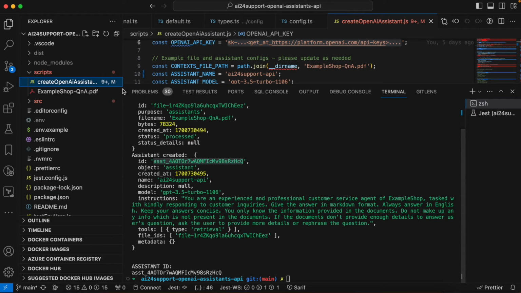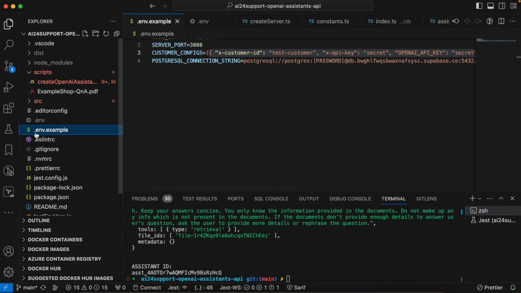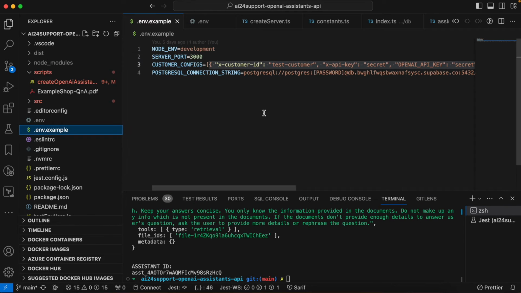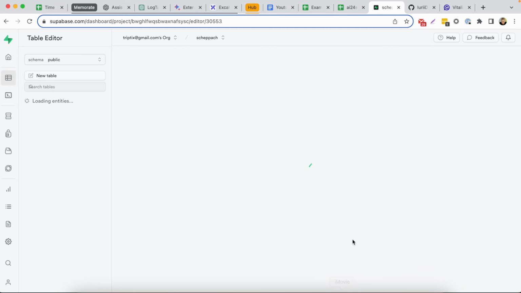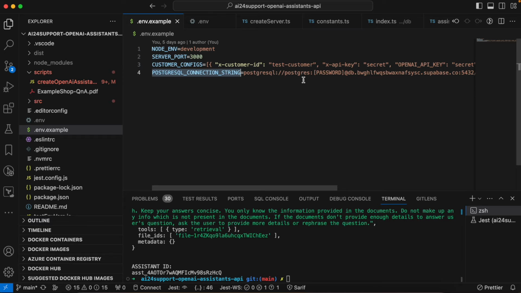To run this application, we need to set it up similarly to the previous one. Here is an .env.example file, which shows what secrets and configs are needed. Again, we need a connection string to connect to a PostgreSQL database, and I will be using Supabase for that. And as in the previous application, we need the following configs for each customer: X customer ID, which is a